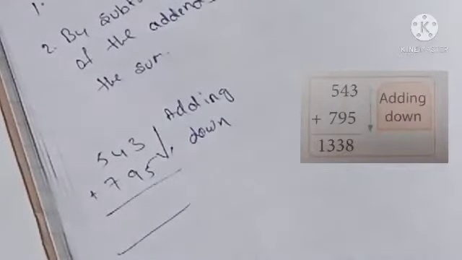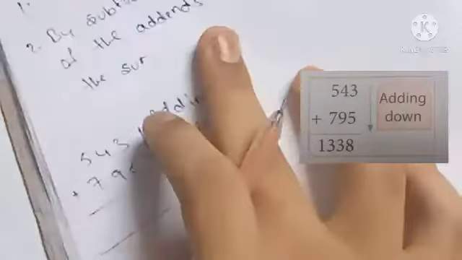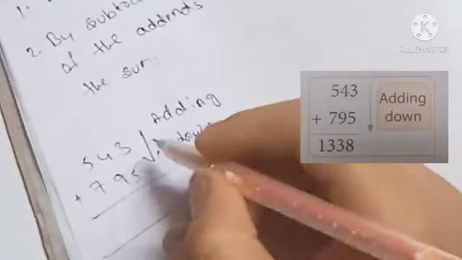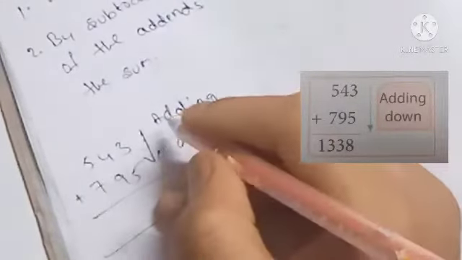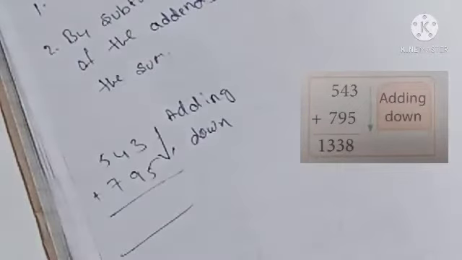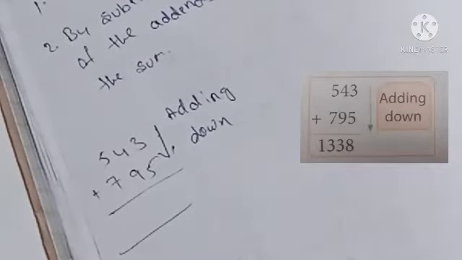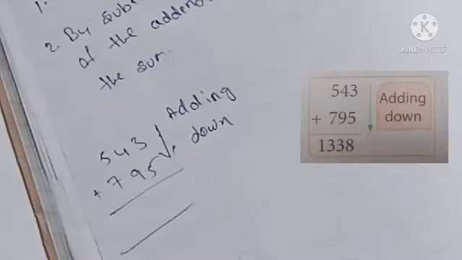We are adding down. First we will add from the ones place, starting with 3 and 5. As I said, we can draw number lines, or we can continue counting on the fingers. This is the checking addition video, so I am not showing how to do that addition. If you want to know that, you can visit our channel, or you can visit the video which I have already kept in the I button and the description.